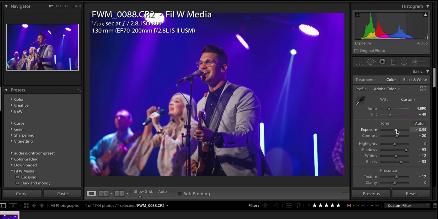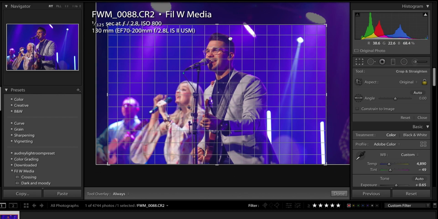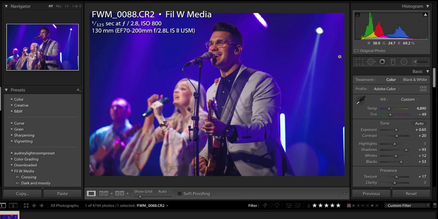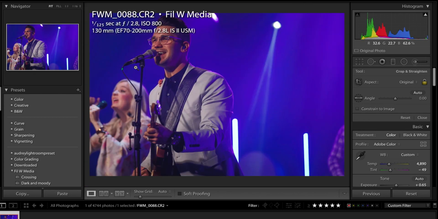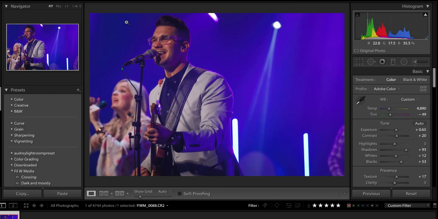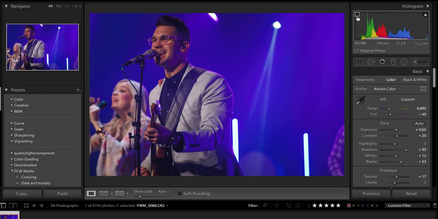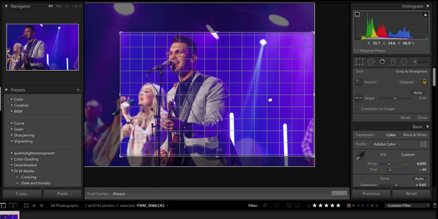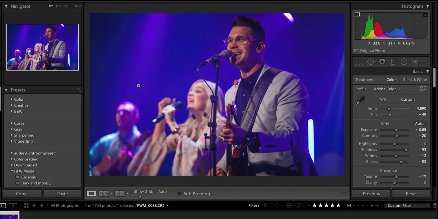And I may brighten it up in the end, and that may be the final image. I may even crop it in to about right there. Oh, note on cropping. So say you're cropping an image. Don't do this. Let me take that out. Don't do this, because he's looking at a wall right here. And there's a whole bunch of empty space here. So what you want to do is give him a little leading room to look into. This way, your graphic designer, your communications director, whoever it may be, can even put some text right here or a graphic if they wanted to.